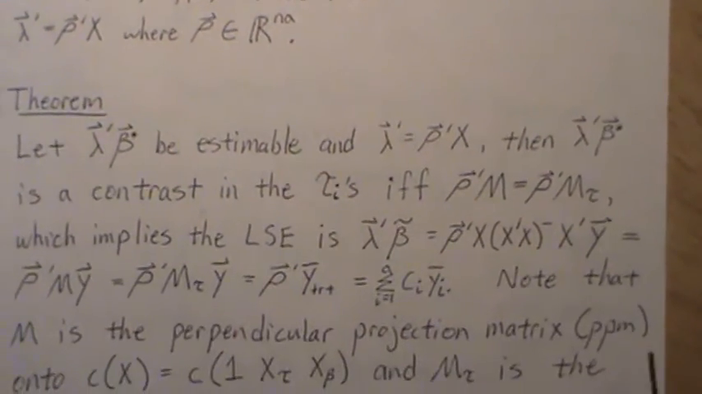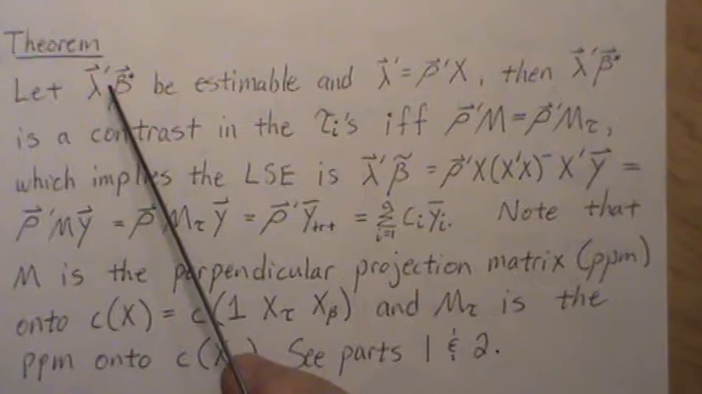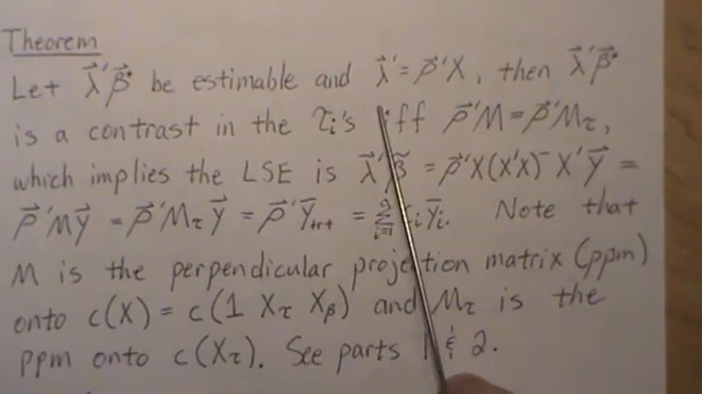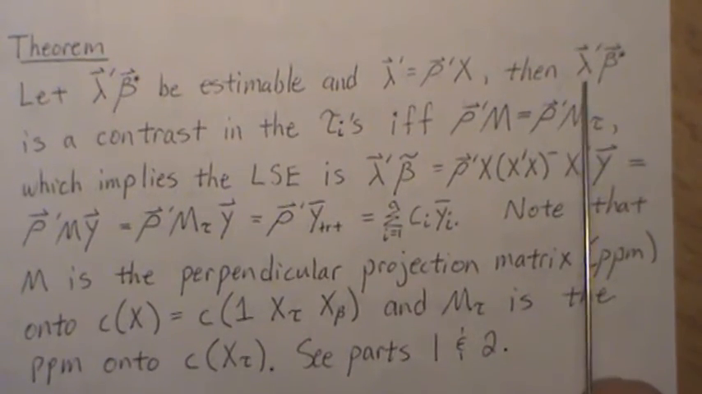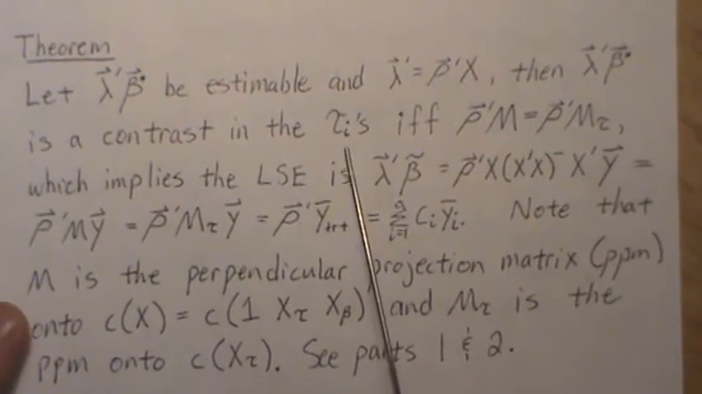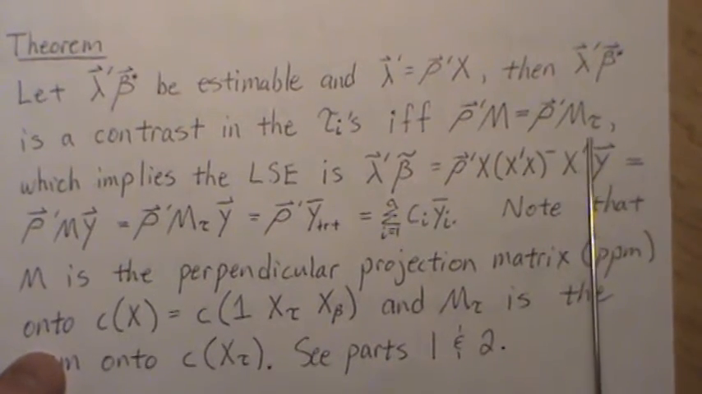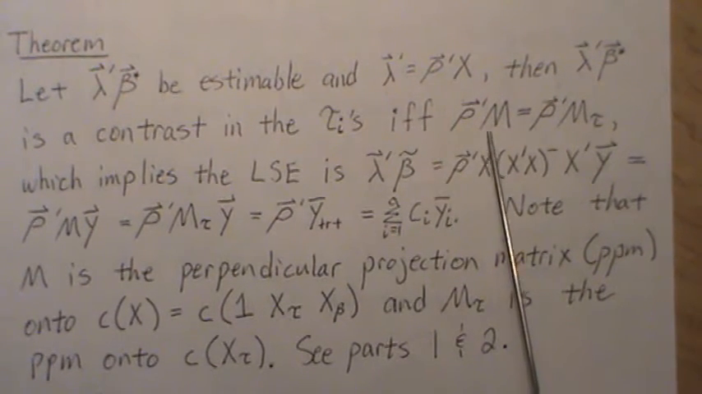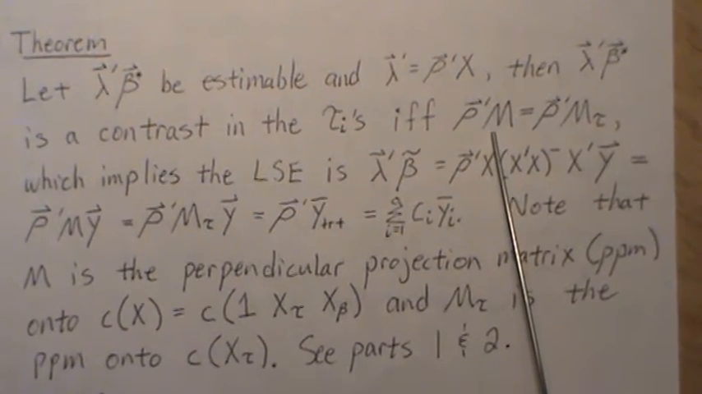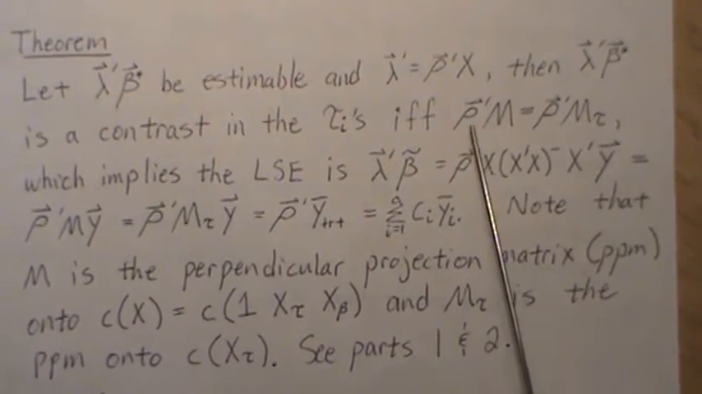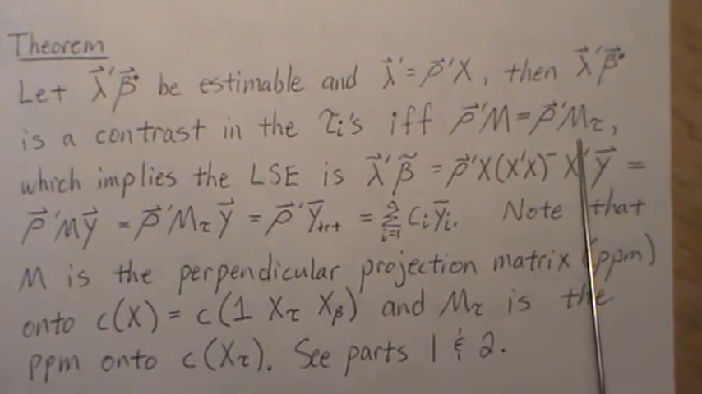So we have a theorem here. Let lambda transpose beta star be estimable, and let rho prime X be this lambda. Then lambda transpose beta star is a contrast in the taus if and only if rho prime M is equal to rho prime M tau. Now remember, M is the perpendicular projection matrix on the whole column space of X, which is the augmented matrix of 1, X tau, and X beta. This has to equal rho prime M tau, and M tau is the perpendicular projection matrix on the column space